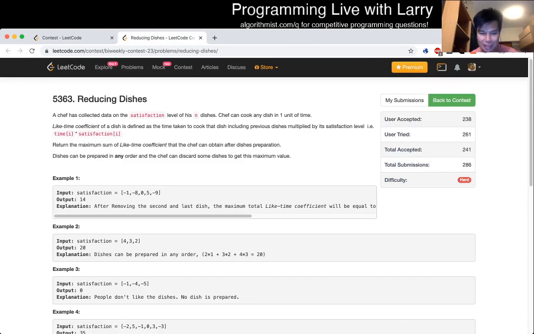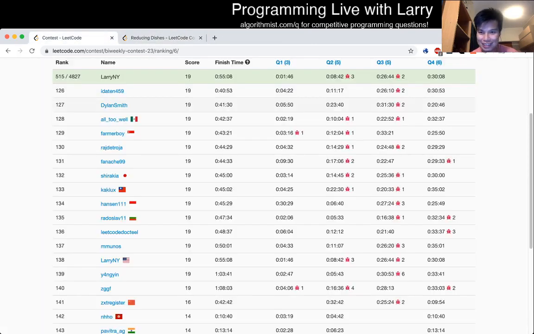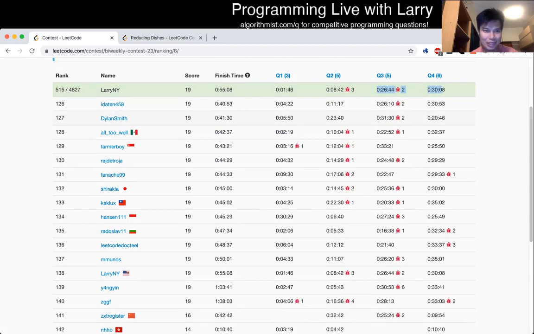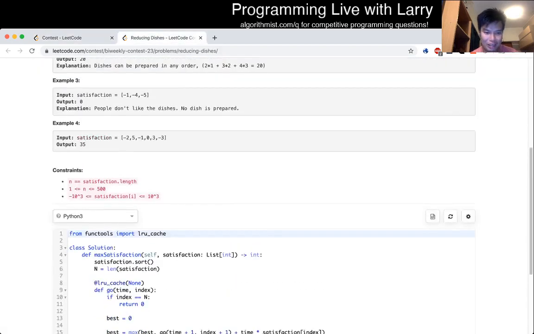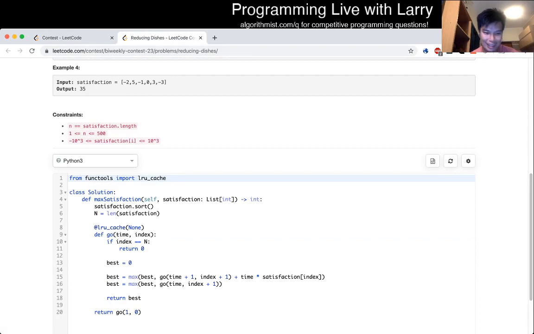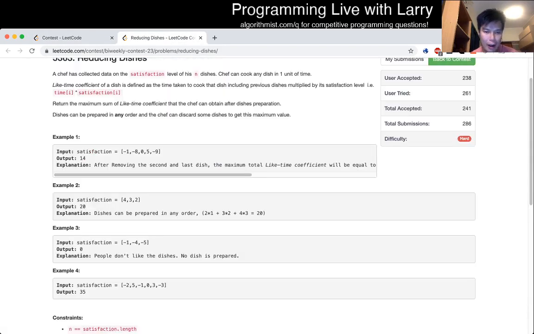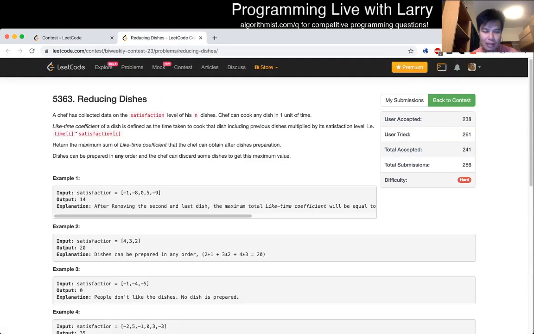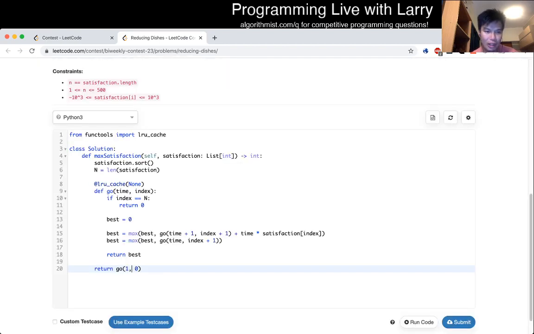reducing dishes. So this is the one that ironically I did in like 3 minutes or maybe even shorter, depending on how you want to call it. And the only issue I had was that I started at 0 instead of 1. But yeah, so there's some sort of greedy here which allows you to sort. And once you sort,